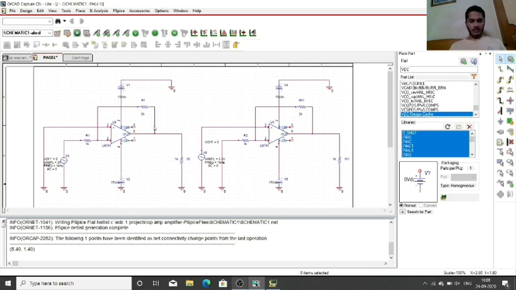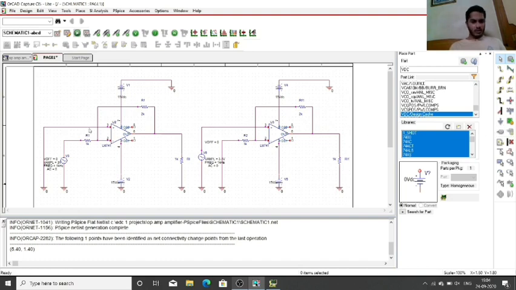In both the configurations we can see that the feedback is given to the inverting terminal, and plus minus 15 volts is applied to terminals 7 and 4 of the op-amp, and we can take the output from pin 6 of this op-amp. And this is the ground symbol. We can add the ground from here.